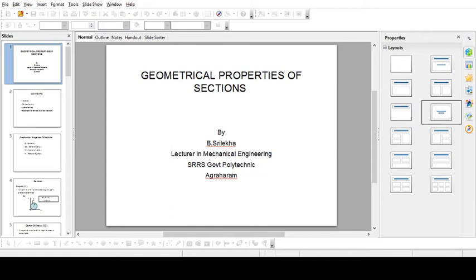Thereafter we make use of the area formula and find the area for everything. And then from the principle of moments, that is A x bar is equal to A1 x1 plus A2 x2 plus A3 x3